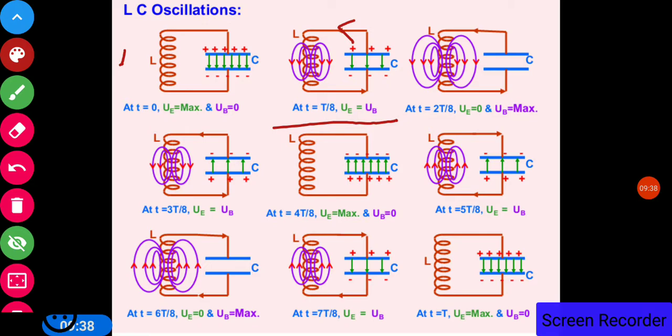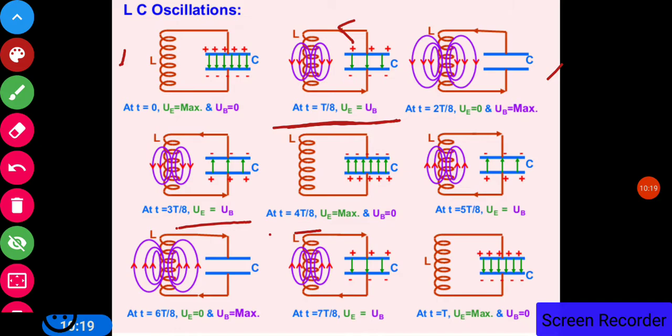So the energy starts converting from electrical energy to magnetic energy, and this is the time when both will share the energy 50-50. Now at 2T by 8, that is 1/4 cycle, the energy of the capacitor becomes totally zero and all the energy is transferred to the inductor, stored in the form of magnetic energy. Then again by 3T by 8, the energy between the capacitor and the inductor is 50-50. And again at 4T by 8, that is T by 2, the half cycle,